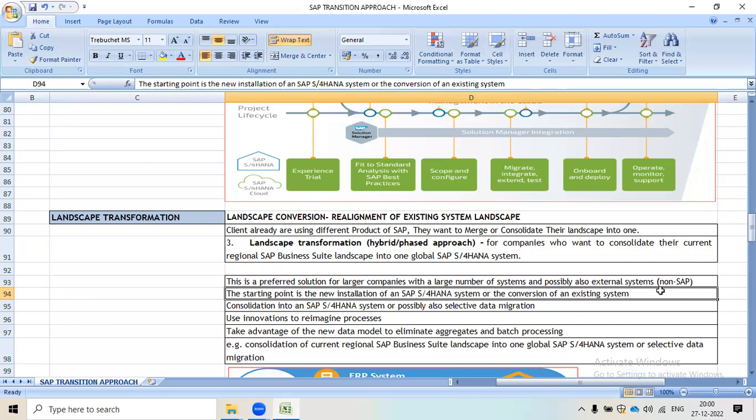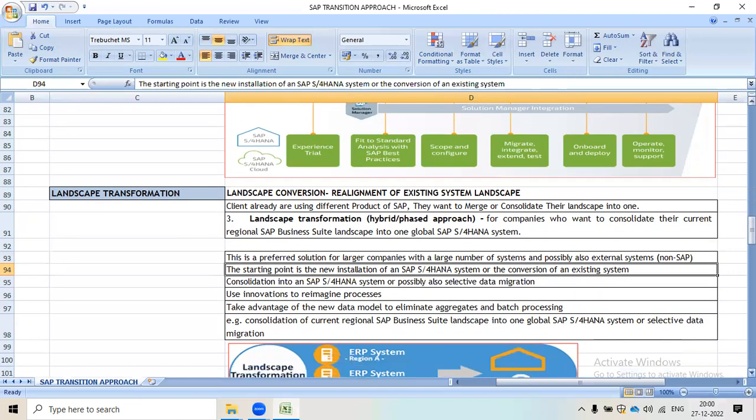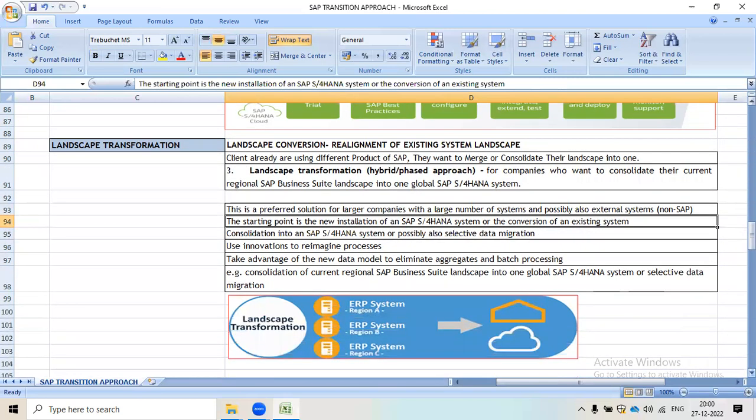We can take advantage of the new data model to eliminate aggregate or batch processing. Let's go through an example: consolidation of the current regional SAP Business Suite landscape into one global SAP S/4HANA, or selective data migration.